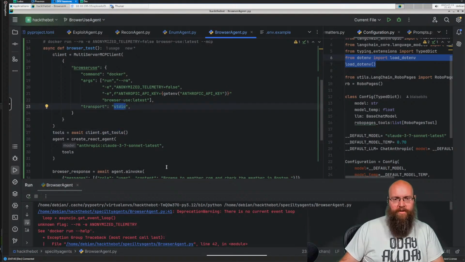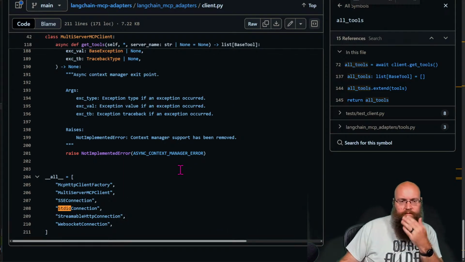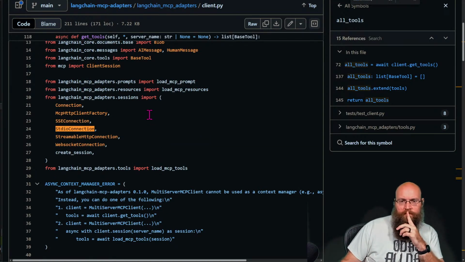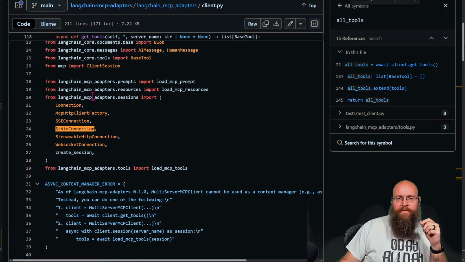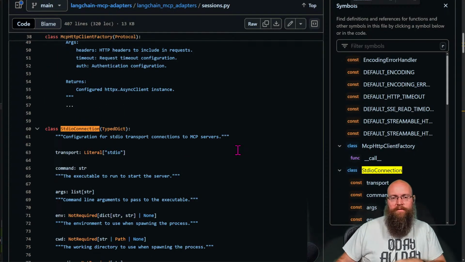So the transport in here has to be defined as standard I/O. Here we go. So what we want to do is go over to sessions and look at the standard I/O connection. So let's back this up real quick here. Sessions. Let's go look at the standard I/O.